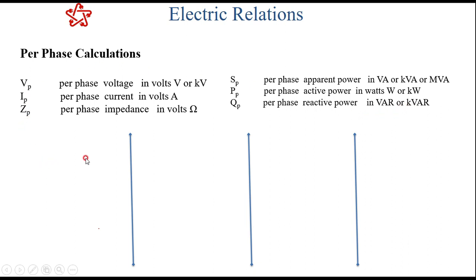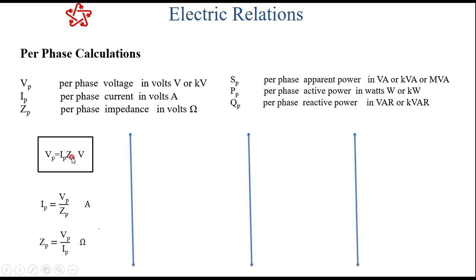Now we'll see the calculation for the voltage. Just now I showed, V is equal to I into Z. It is a per phase calculation I am carrying out here. Of these three variables, if two are given, the third can be calculated. If you know the values of Vp and Zp, you can calculate Ip. If you know the values of Ip and Zp, you can calculate Vp. In a three variable equation, if you know two, the third one can be calculated.